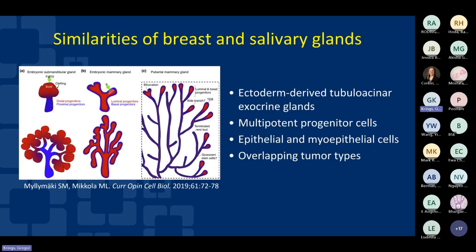So the breast and salivary glands, in many ways, embryologically and histogenetically, are quite similar. They're both derived from ectoderm. They both are comprised of tubuloacinar exocrine glands with progenitor cells that can differentiate into both epithelial and myoepithelial cells. And so perhaps it should be no big surprise to us that these glands can develop tumor types with similar